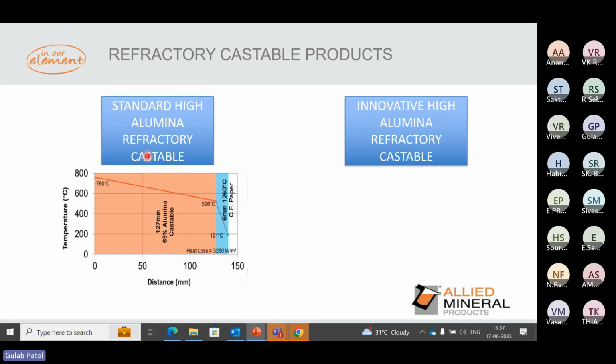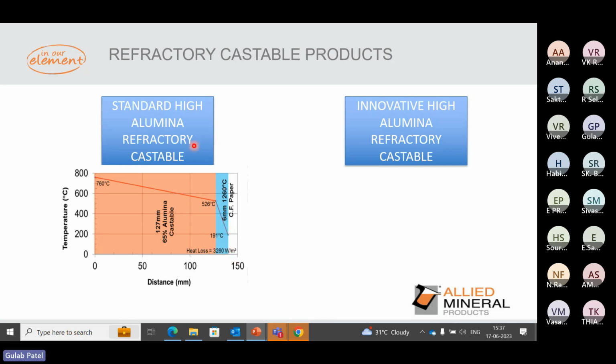refractory lining system. If we are able to achieve a reduced steel shell temperature, it means that is going to directly affect the energy consumption, because if you have a reduced steel shell temperature, it means the inside temperature needed for holding the liquid metal and maintaining the liquid metal temperature is going to be reduced. This is one of the general configurations which is done formally, just for